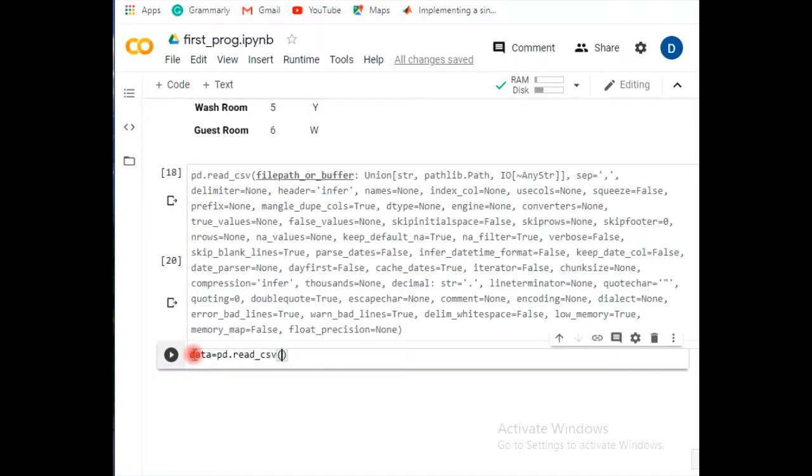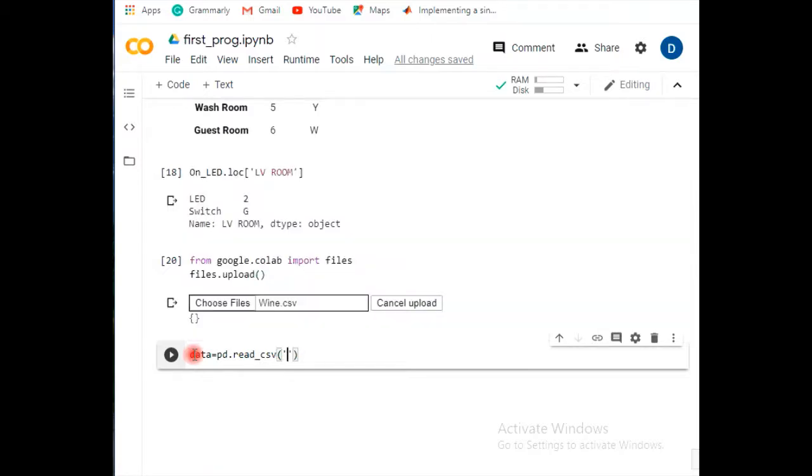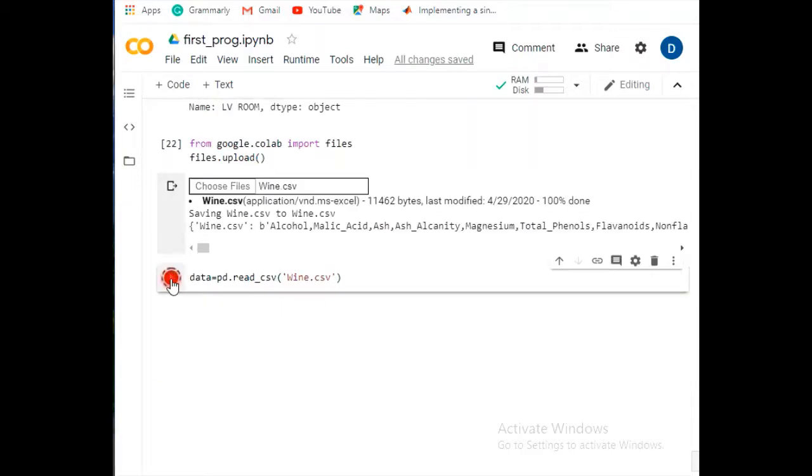The name of the file here is wine.csv. Just take care whether it is a small w or capital W. So I'm running this one. Well, this file has been read. It shows you the file has been read.